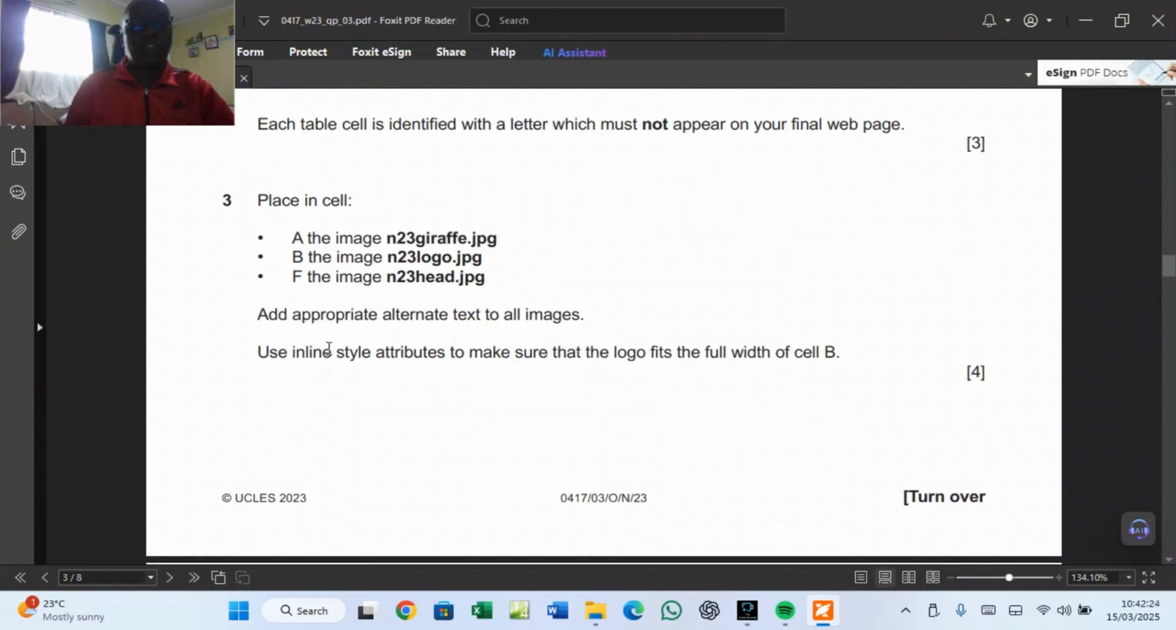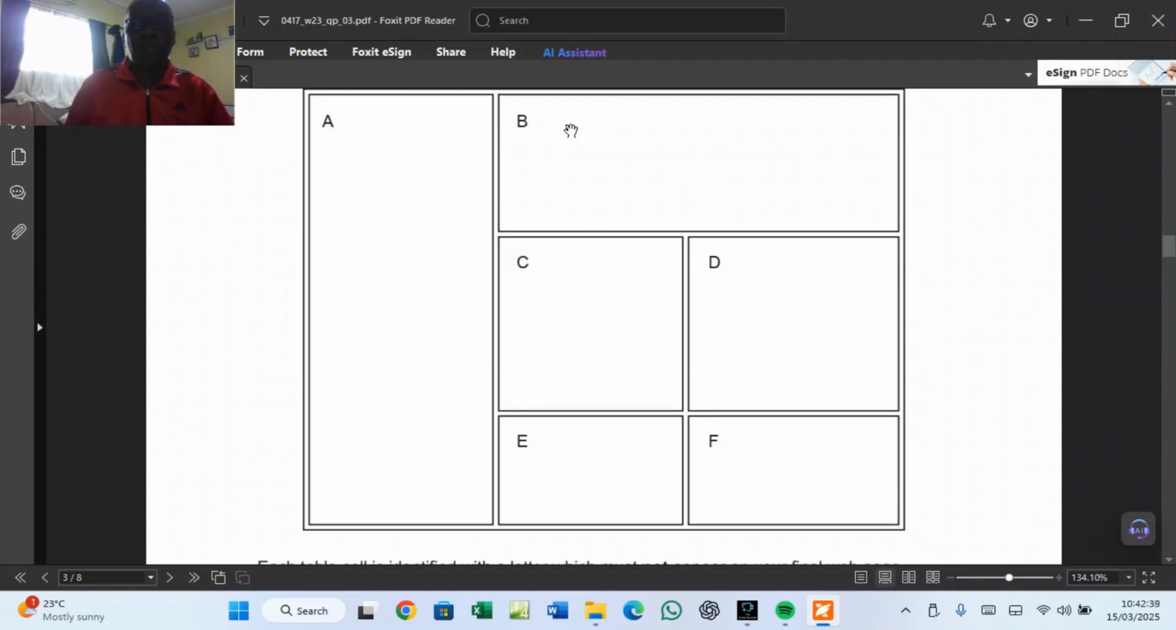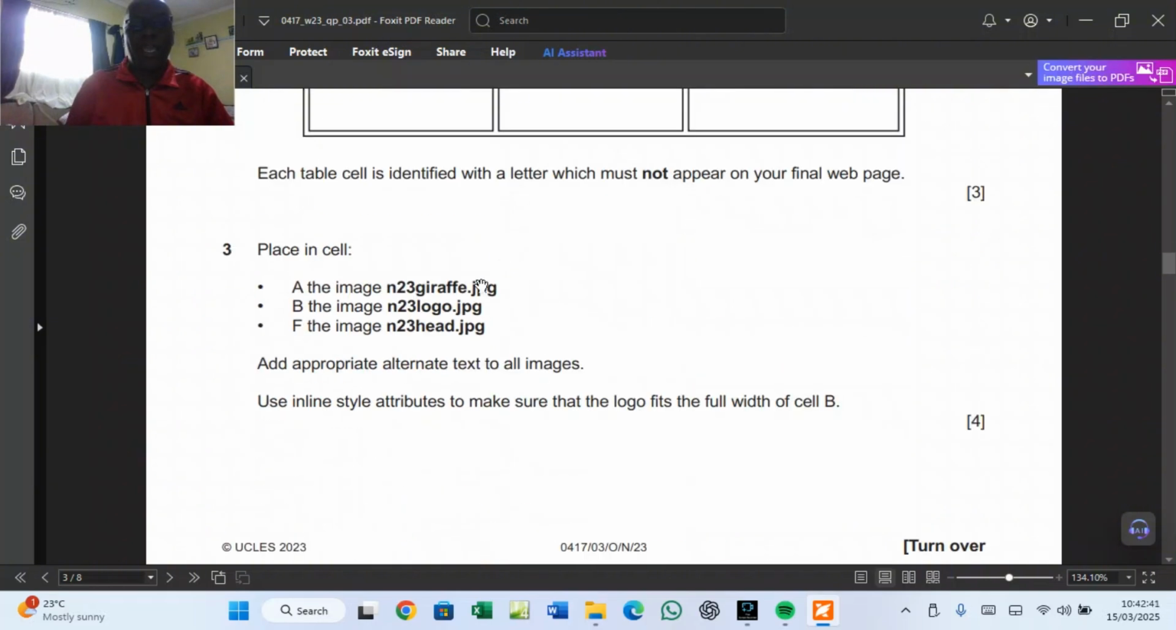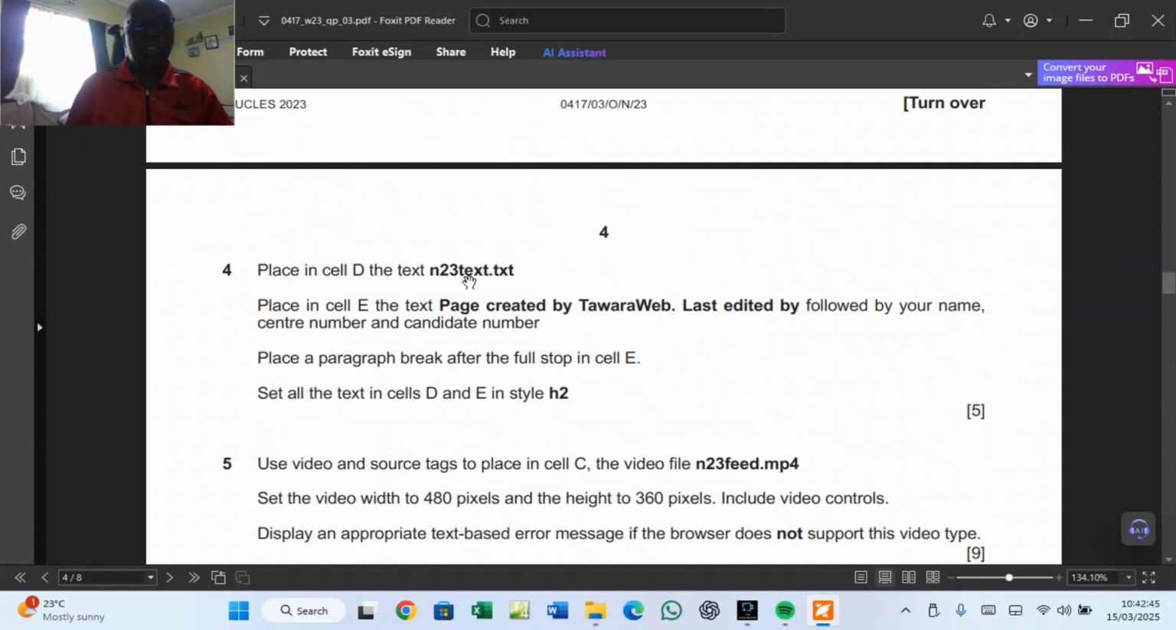Although I'll then use inline style. So I'll be able to do this section after I've done the one that I'm supposed to do in this video. So the inline style is to make the logo fit the full width of cell B. Where is cell B? So there's an image that you put here, but you have to apply an inline style. And then you continue, put the text, place a page break, that is the BR tag, and then the rest